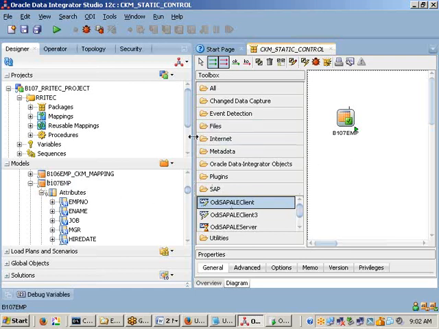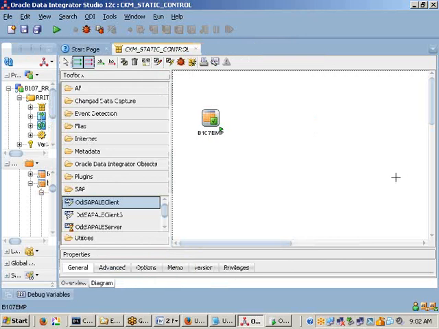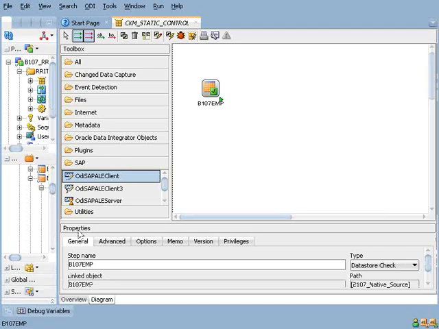Now once it has come, what exactly are you trying to do in this one? We can select here. Go to the view menu. First make this full screen. Now, what do you want to do, sir? You want to check the CDC or you want to check the data store check? Generalized means CDC, change data capture. Already we know it. I want to go with the data store check. Select the data store check.